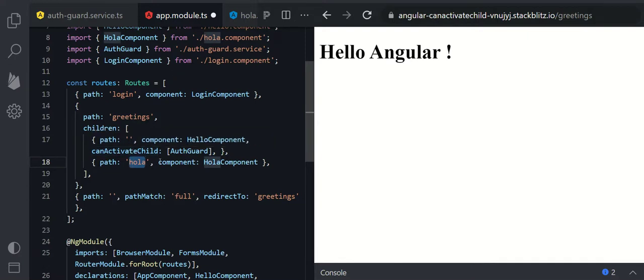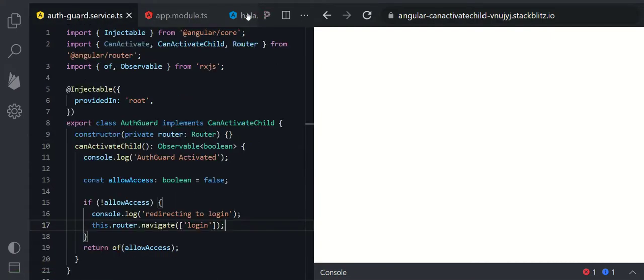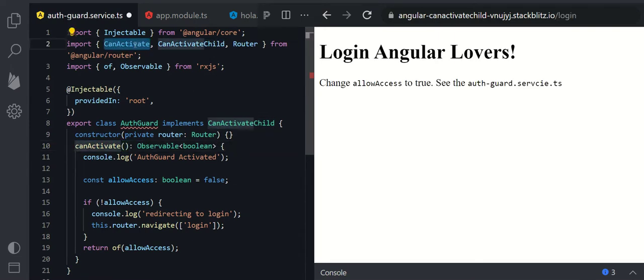In this scenario, CanActivate will work, CanActivateChild will not work. So if I use CanActivate, then it will work. So let's see it, I am just going to check it. As you can notice here, if I add CanActivate here,